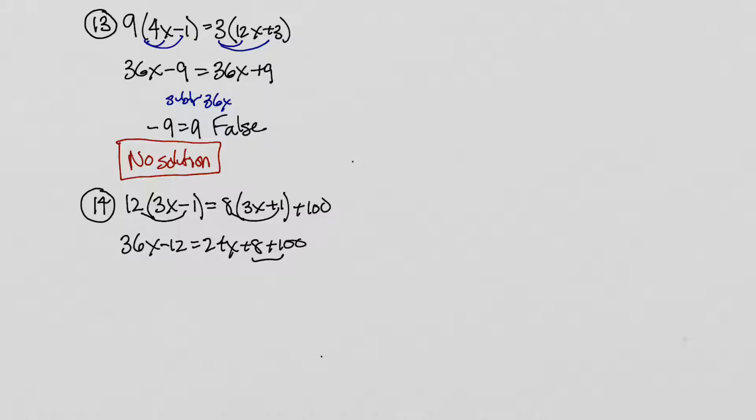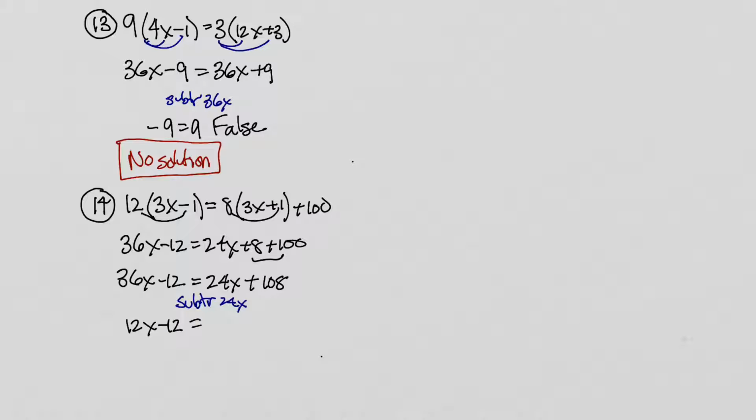Now we can fix this up a little bit here. So we're looking at 36x minus 12 equals, we've got that 24x plus 108. Now we've got x's on both sides. I've got 36 of them on the left side, only 24 on the right side, so I'm going to get rid of these and get all the x's on the left side. Plus 24x, so what I'm going to do, of course, is subtract 24x. If we do that from the left side, 36x minus 24x, that's going to leave us with 12x